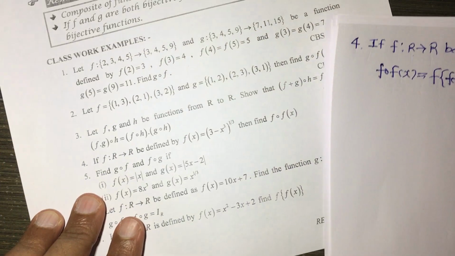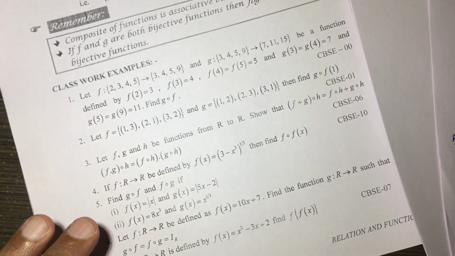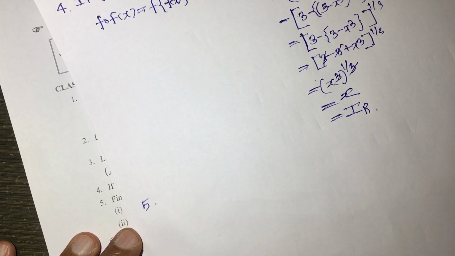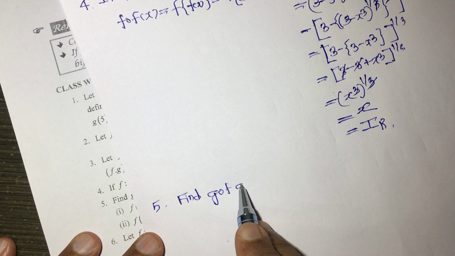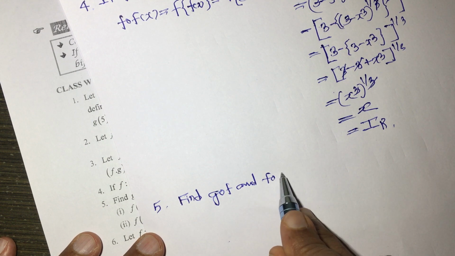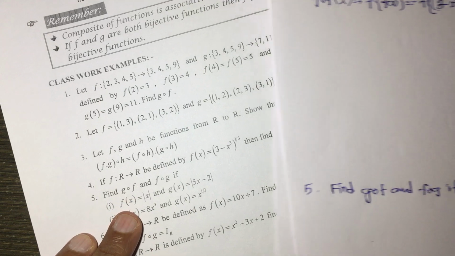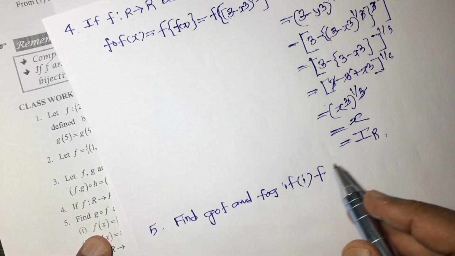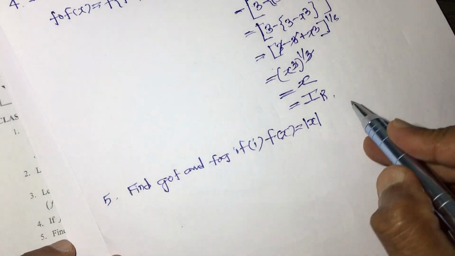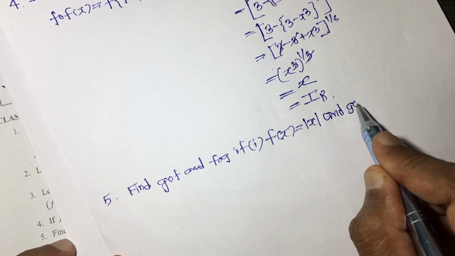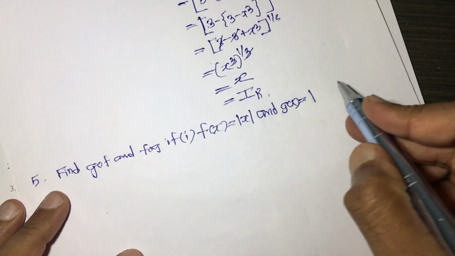Now, after that, the next example, the fifth one: find g composite f and f composite g, if number 1, f of x is mod x and g of x is mod of 5x minus 2,